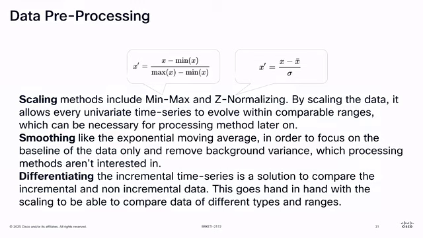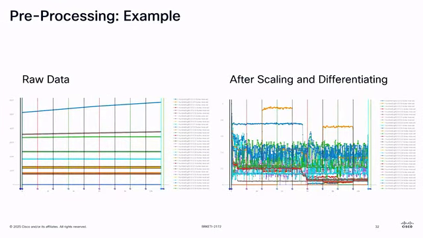After doing this, our time series go from something like this, if we differentiate, to something like this. So you don't see any pattern here. But here, you clearly see a pattern, right? You see that some time series started to increase, and then it dropped off again. This is all hidden in the noise here, because these are all counters that are in the billions.